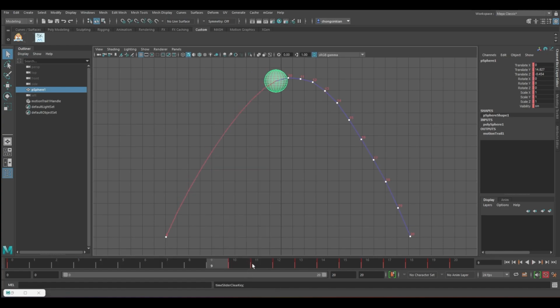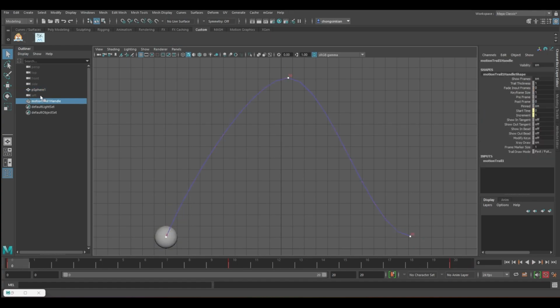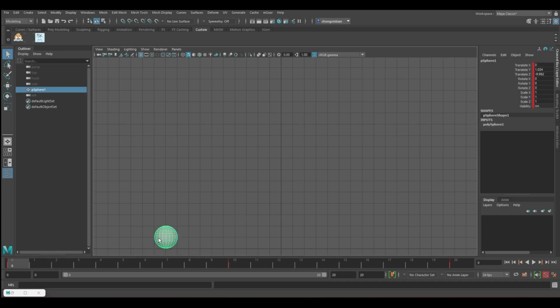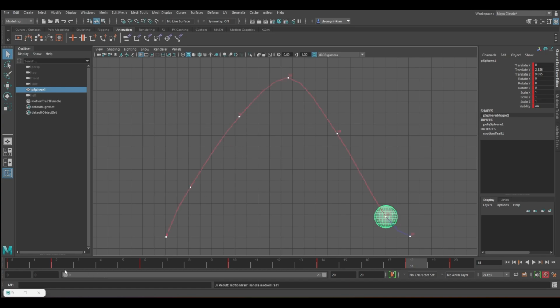Initially when I do this, we only have 0, 10 and 20. If I delete this motion trail, say I only have 2, 6, 14, 8, and I press the motion trail animation second button, it will only show those that I keyframed.